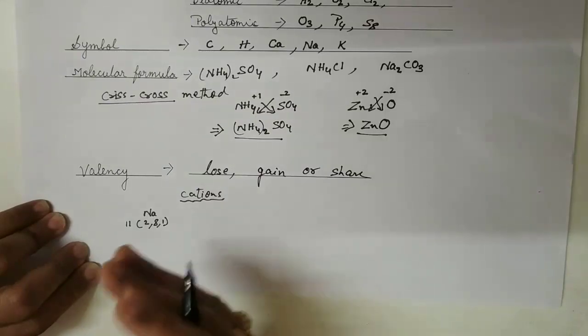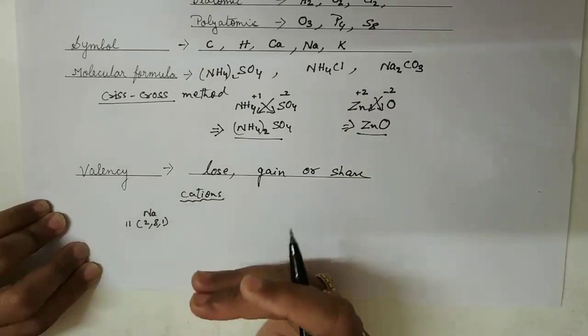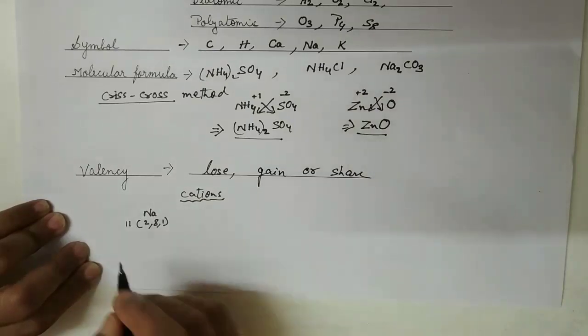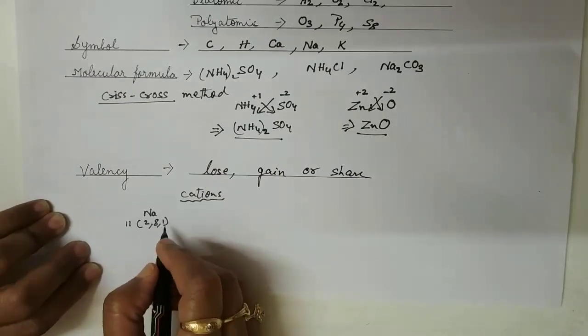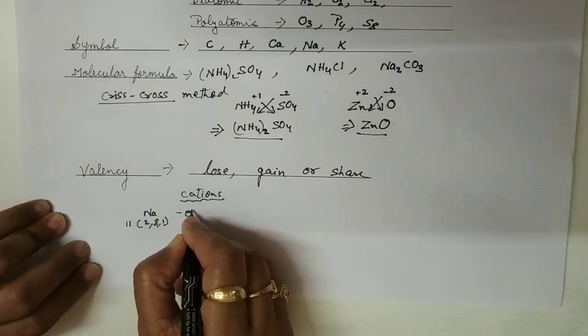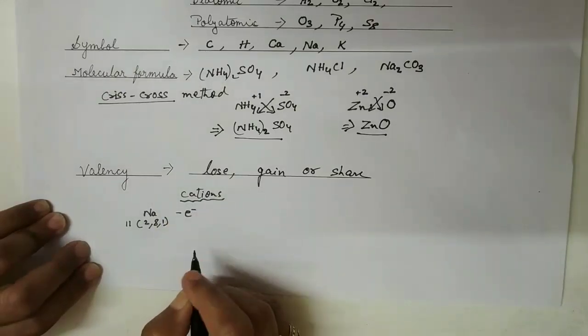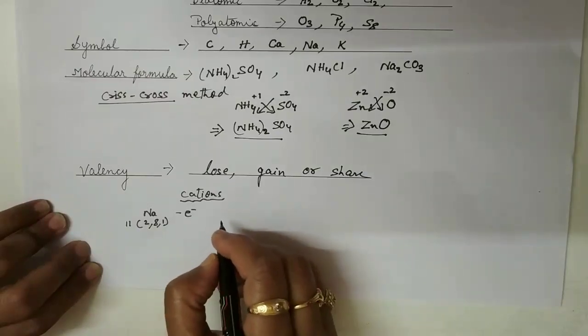That is, the first orbit duplet, and after that it is octet. Here you have 3 orbits, 3 shells. This one sodium needs to lose. So by leaving or losing one, donating one electron,